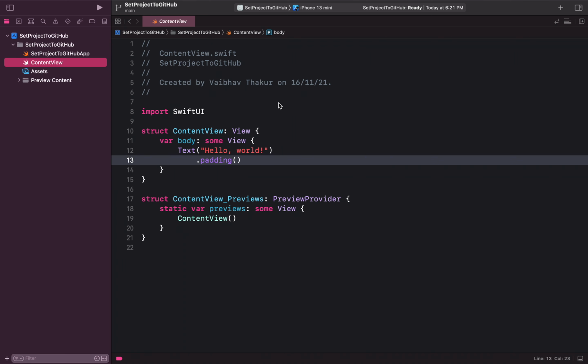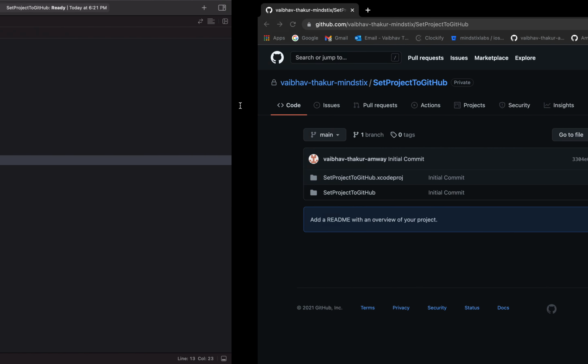In the previous video, we have seen how we can add the Git version system to an existing Xcode project, and also how we can set up our existing Xcode project onto GitHub. So now in this video, we'll see how we can add different schemes to our project, like the debug scheme or the development environment, the production, release, QA environment, and so on. So we'll see how we can do that.